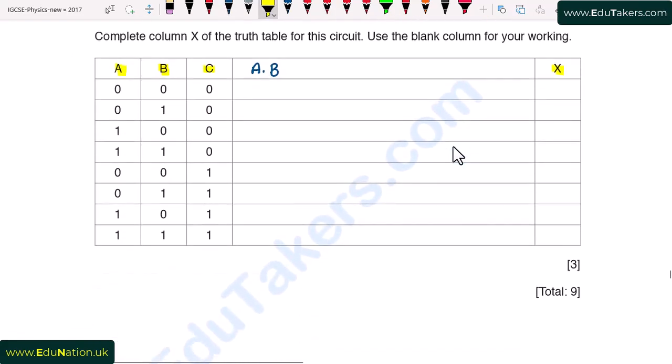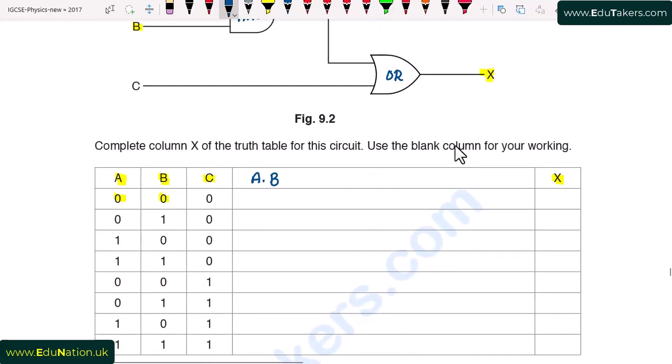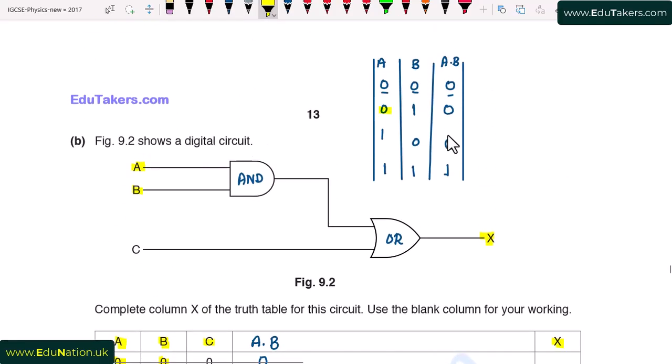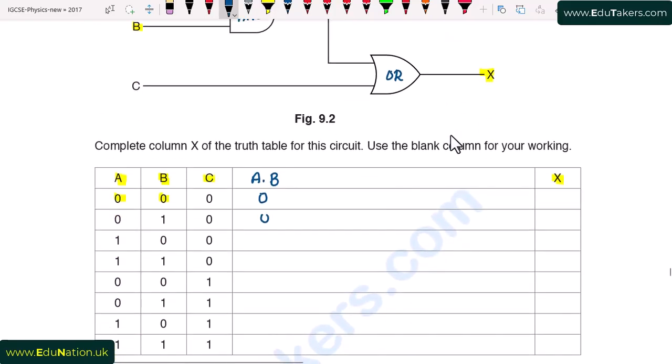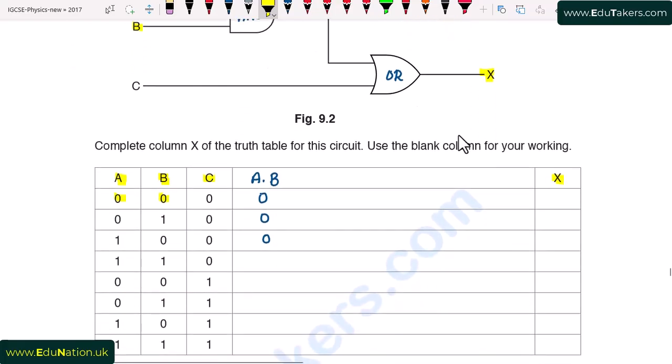So first of all, here is 0, 0. Both of the inputs are low. So in the case of 0, 0, the output is also 0. So I write here 0. Next is 0, 1. So second combination is 0, 1. The output again 0. So I write here 0. Next is 1, 0. Again there is one low input. So output will be 0. Next is 1, 1. Both of the inputs are high. Here is last combination that when both of the inputs are high, the output will be high. So I write here 1.